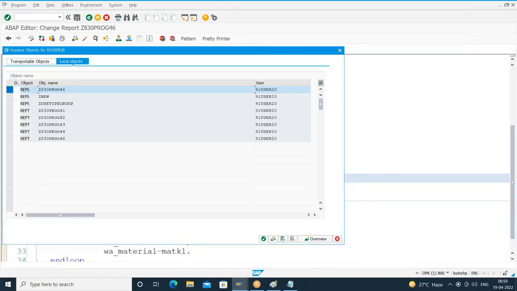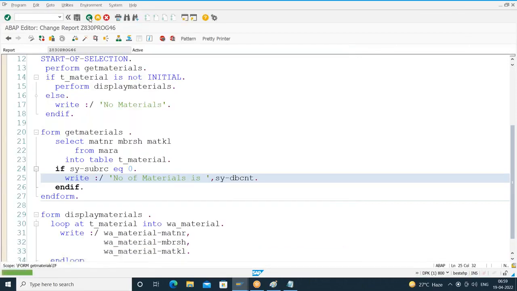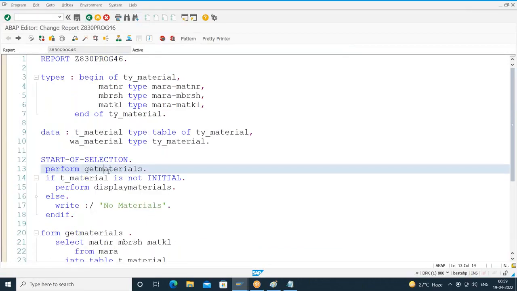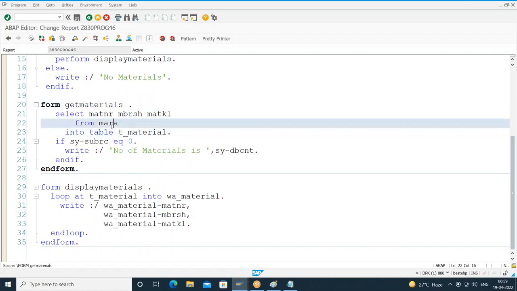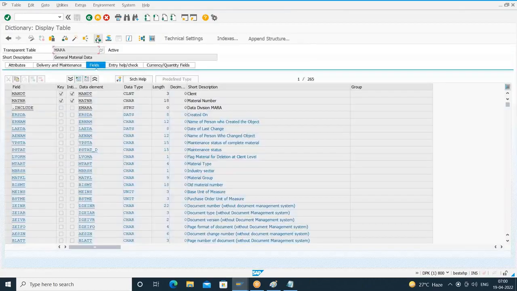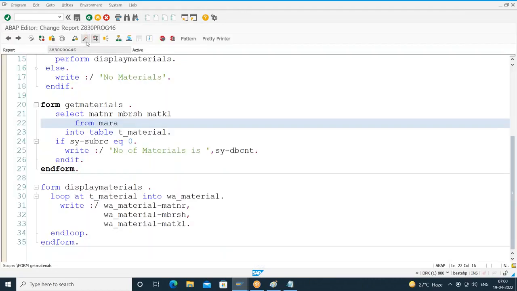So when I exit, what is the select query I wrote here? We are getting the complete data into the internal table. The MARA table has got 21,000 records. So when I activate and execute,